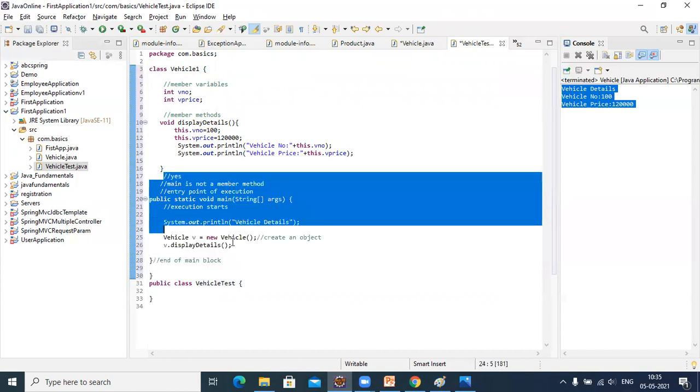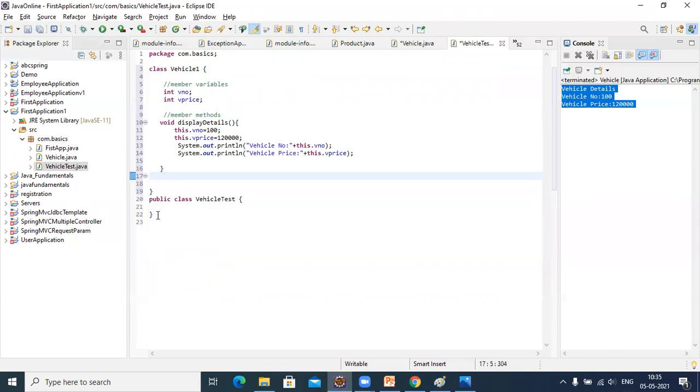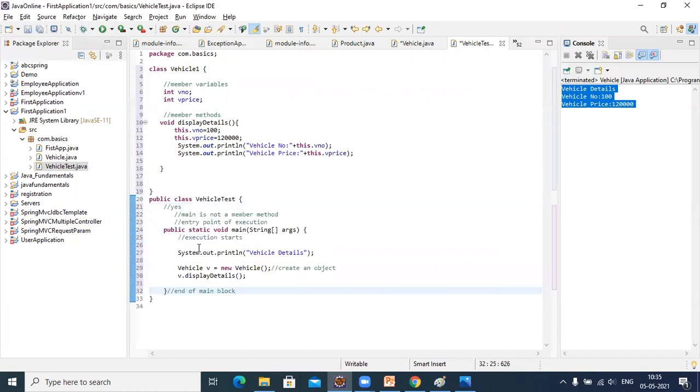Inside the public class, you have to place your main method.